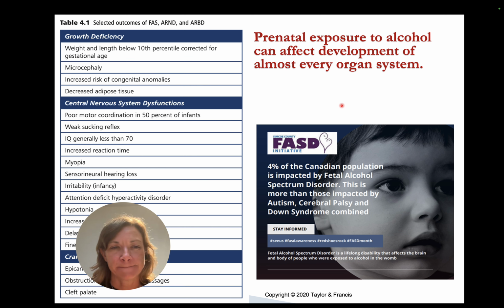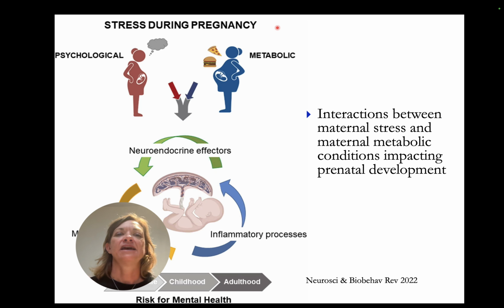And I just want you to think back to that graph where the most vulnerable time for exposure is, and it's in 5, 6, 7 weeks of pregnancy before many women even know they're pregnant. Now, this paper talks about the interactions between psychological stress and maternal metabolic disorders and how those physiologically interact to create a fetal environment. And actually, it's a really interesting theory that these two teratogenic factors interact physiologically and together produce additive risk for mental health challenges after birth in childhood and in adulthood. So it's an interesting theory.